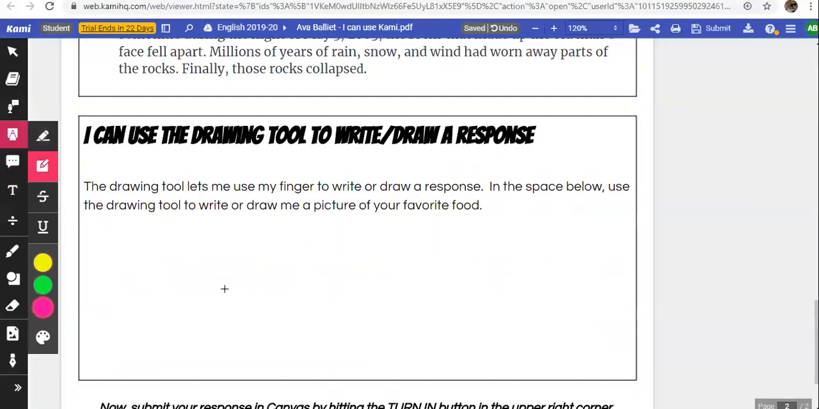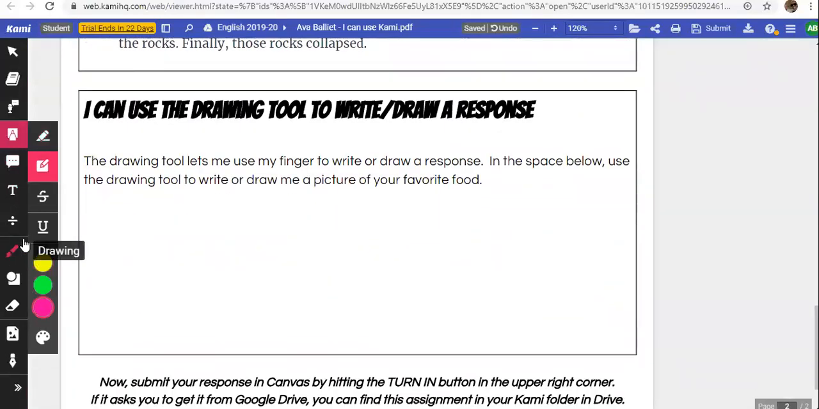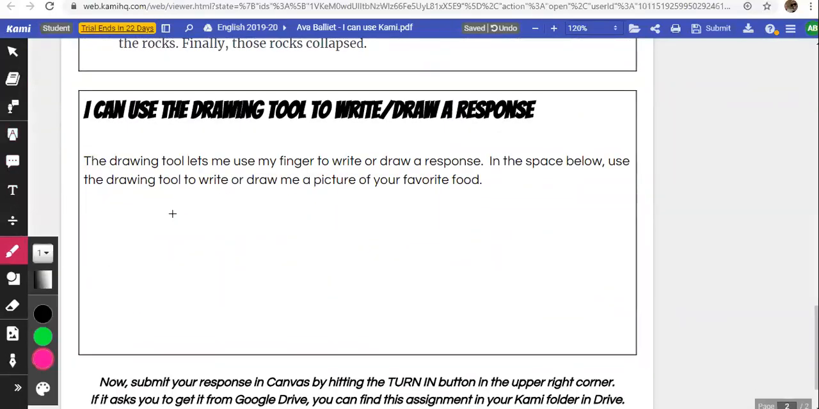And then lastly is the drawing tool, which if you have a tablet or a touchscreen computer, you can use your finger to draw, but if not, you can just use your cursor and draw pictures. And then you can also use your eraser to erase anything you want,